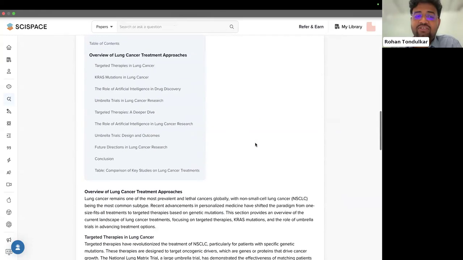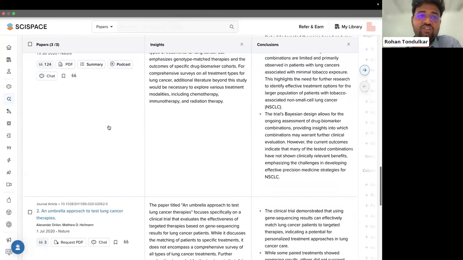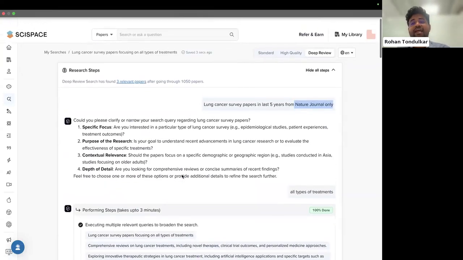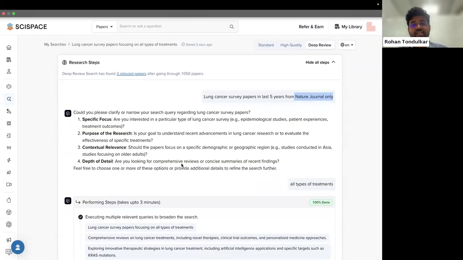Now if we look at the results, this is Nature. So you'll get all the papers from Nature, right? This is another prompt tip that we have. Okay, let's try another thing. I hope this is also high value. The whole core I'm getting to is be as specific as possible.